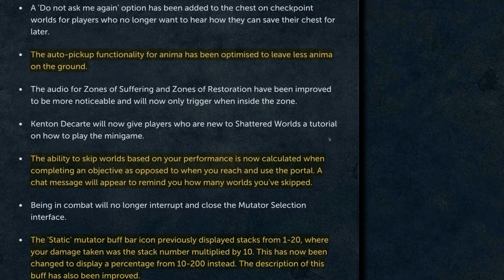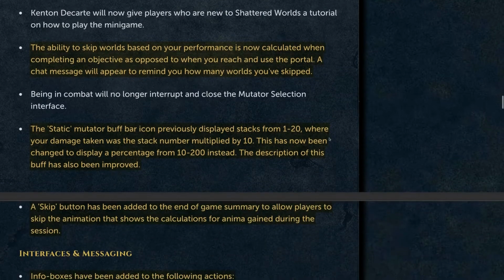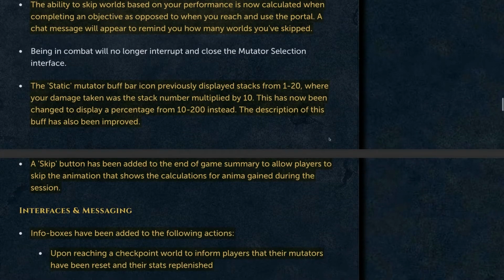That, hey, we don't need to run necessarily. It's just when you complete the objective. And then if you got the bleeding money modifier on, you can just sit there and you can kill the rest of the creatures on the level, even if you've already beat your objective, based on how fast it was. I like the level skipping part. That's real fun. The static mutator buff bar icon previously displayed stacks from 1 to 20, where your damage taken